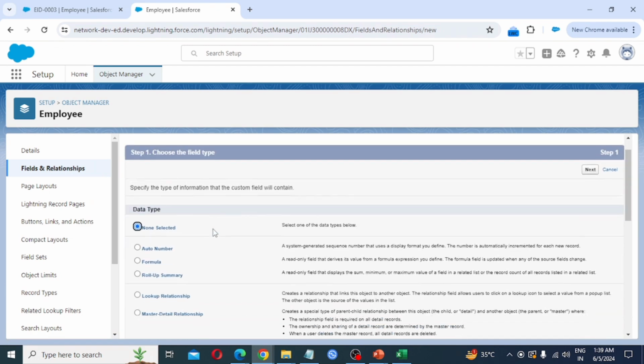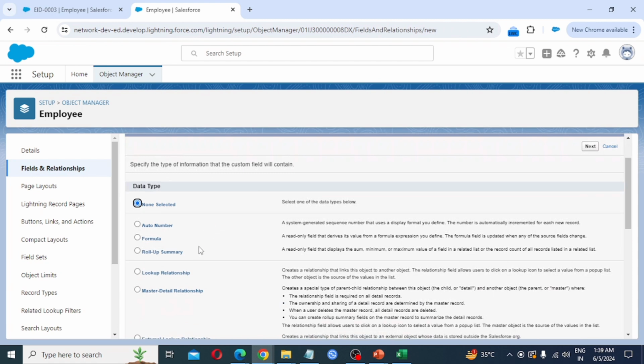In the first step we have to look for formula. So that is this one, a read-only field that derives its value from a formula expression you define. The formula field is updated when any of the source fields change. So click next,